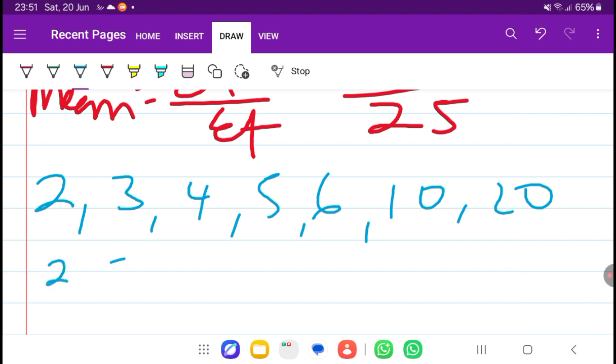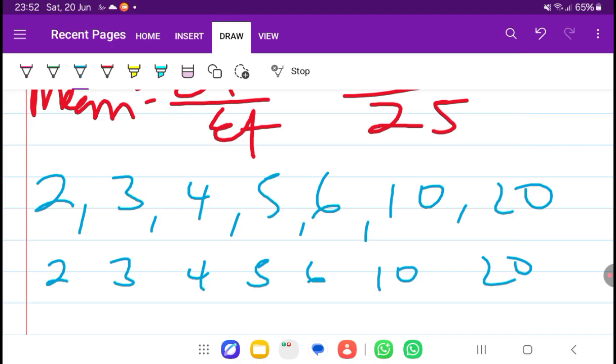They just say 2 3 4 5 6 10 20. So you have to get used to whichever way the examiner brings the questions. So we are getting some of these things from the very basic point of view, and then we can be able to interpret. So we are now going to look at what we call